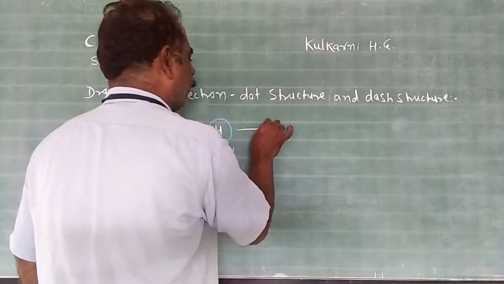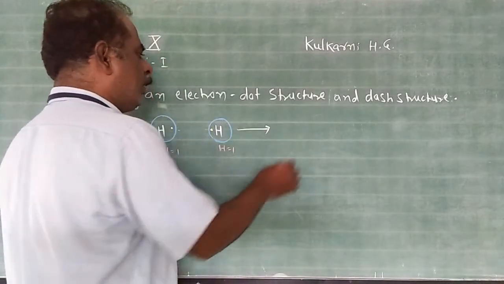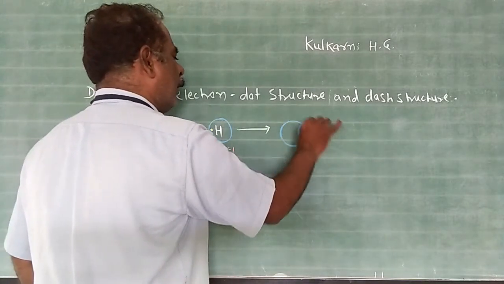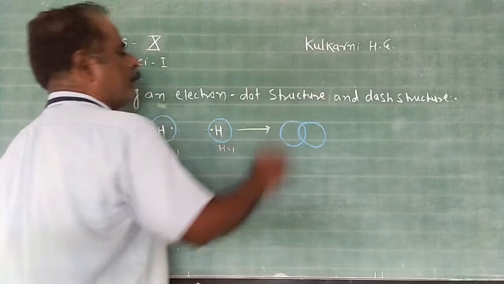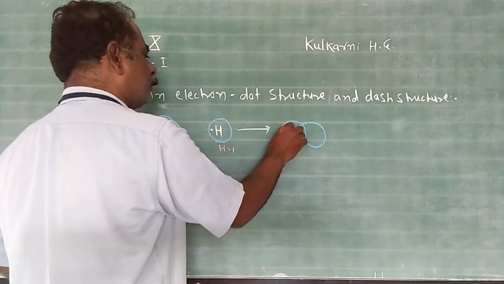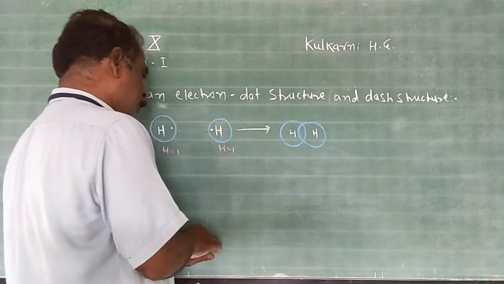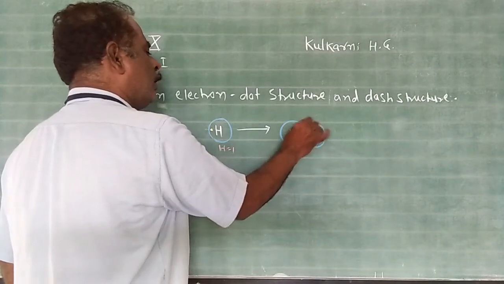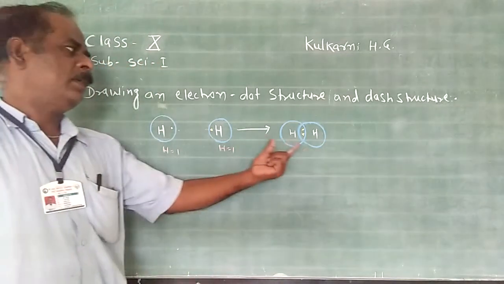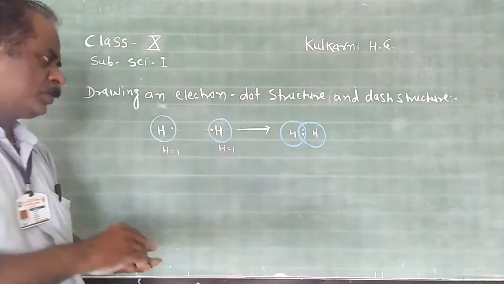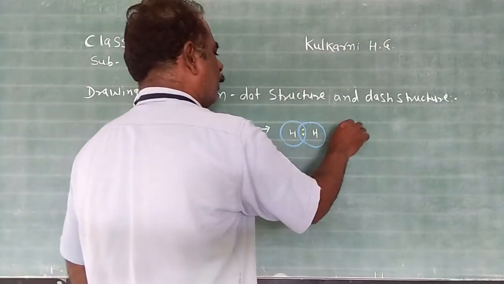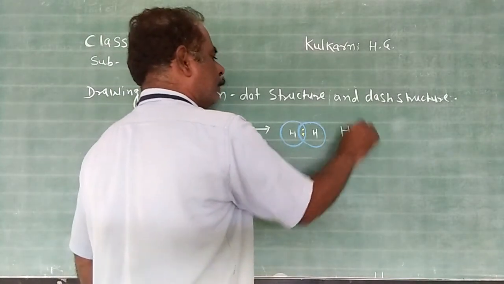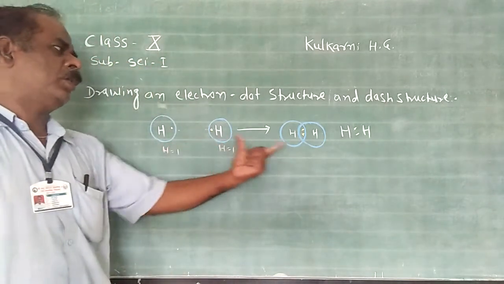The sharing of electrons is denoted by the overlapping region of these two circles. These circles are overlapped. Overlap indicates the sharing. This is the first hydrogen atom, the second hydrogen atom. This single electron is shared, and it is denoted in the overlapping region. Write this using circles, or sometimes it is written like this. The dot structure is also denoted like this. This is the electron dot structure.